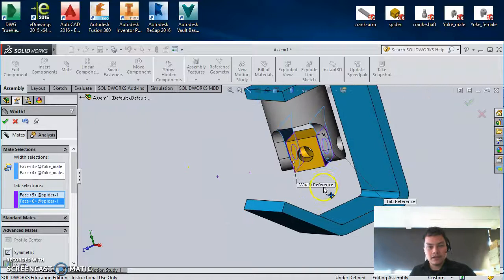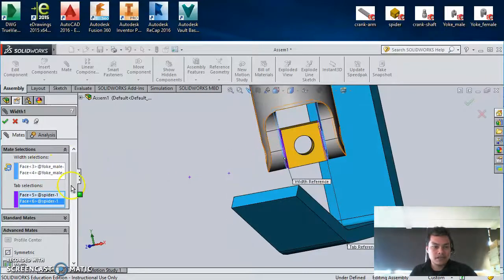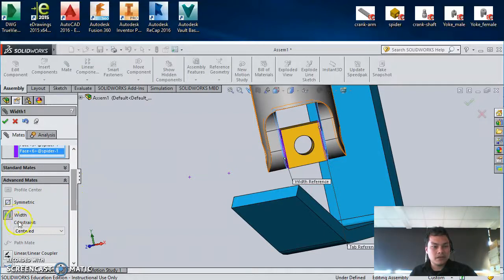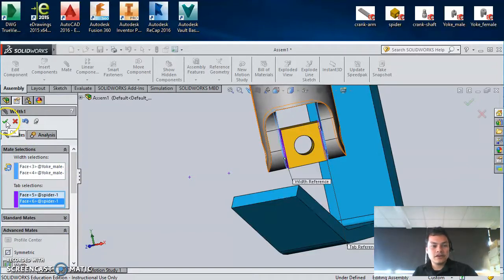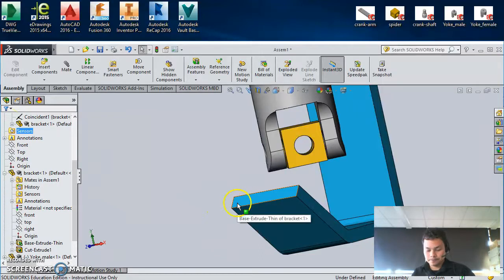Alright, so there's our selection. We can see that it's moved it to a position where the width is centered. We can change these options here if we want, but we've got that as centered. We'll click on the green tick, and that will confirm both of those relationships which we created before. Okay,